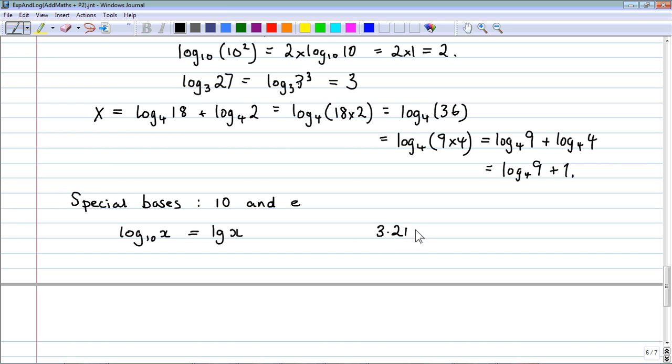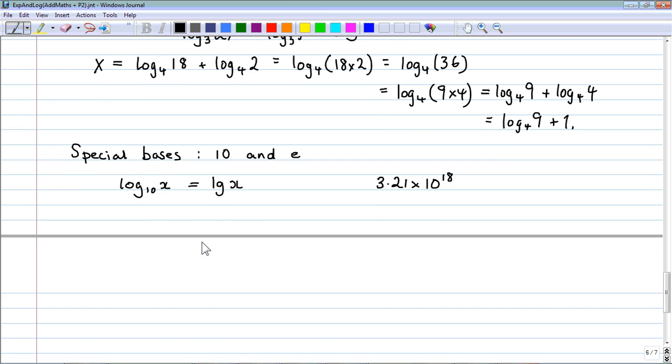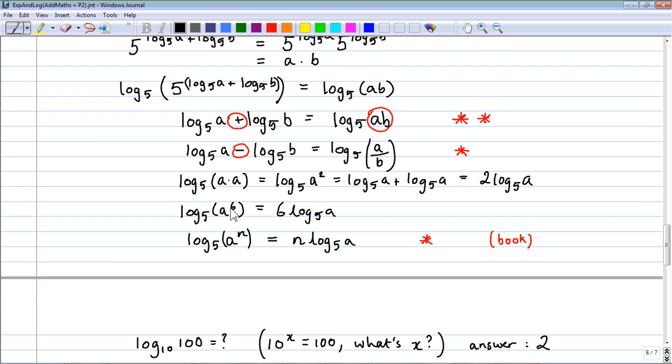It's special or important for the same reason that we have such a thing as standard form. You're probably all familiar with writing numbers like this. If you're doing science, it's very useful to think about powers of 10. It's a nice standard way of doing things. And historically, logarithms base 10 were used to do calculations. Now you might wonder how such a complicated thing like a logarithm is useful for calculations. Well, as we saw in the main law of logarithms, a sum of logarithms is equal to the logarithm of a product, and that means